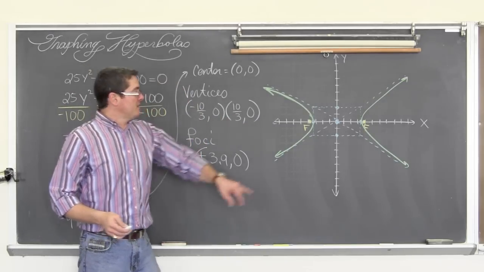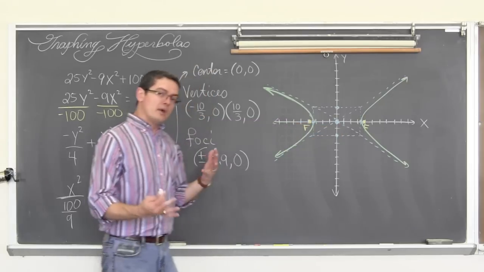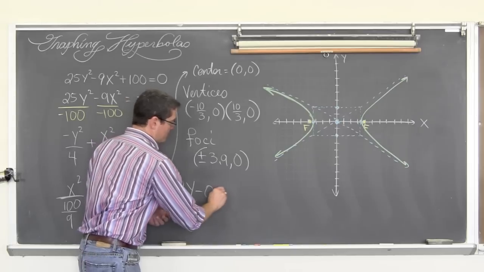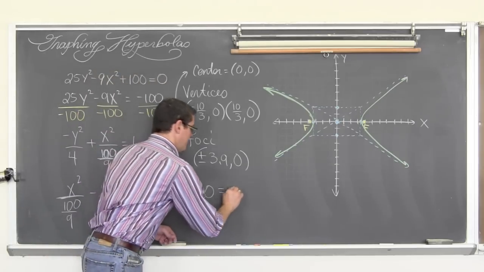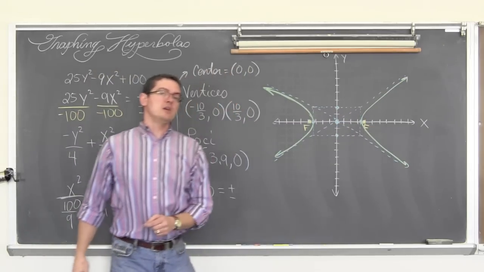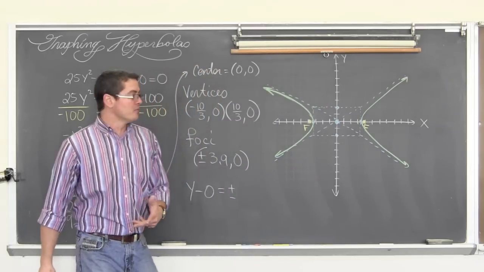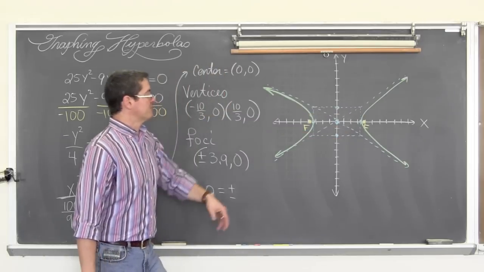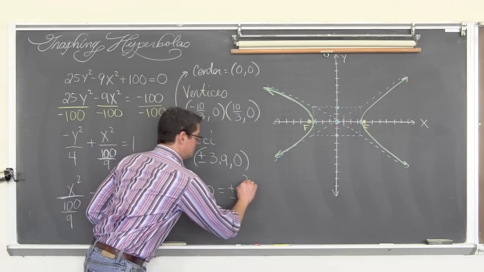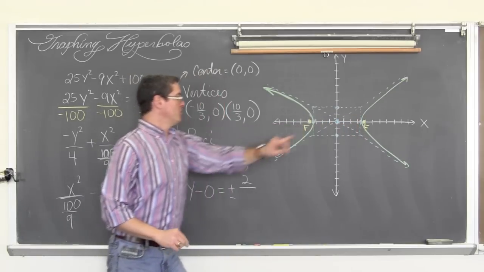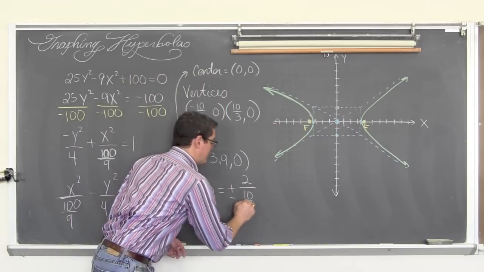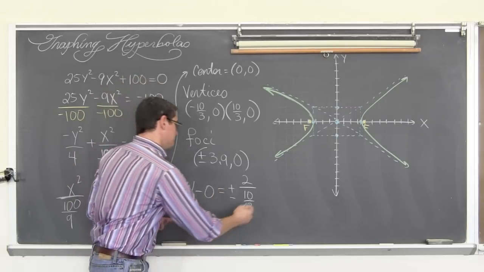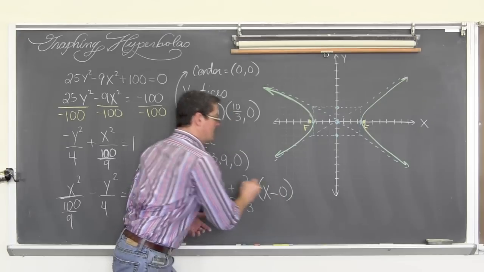Now your asymptotes, again, common point is the center, so point slope form, so y minus the y of the center, which is 0. That's only for academic, you don't really need to write minus 0. Plus or minus. Horizontal, the slopes are b over a. If they were vertical hyperbolas, it would be a over b. But anyway, with the graph we can say it's 2, let's do it in fraction form, 2 over the horizontal movement, a of 10 over 3. Was a 10 over 3? Yeah. And then x minus the x of the center.